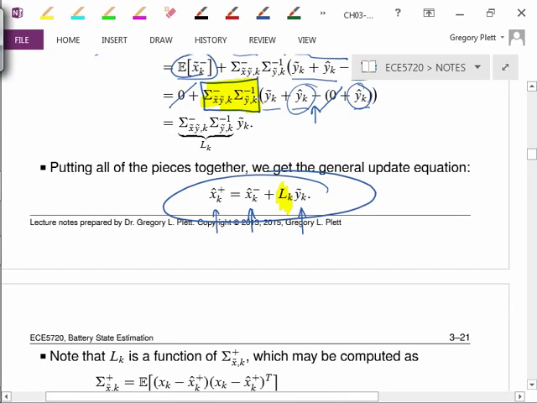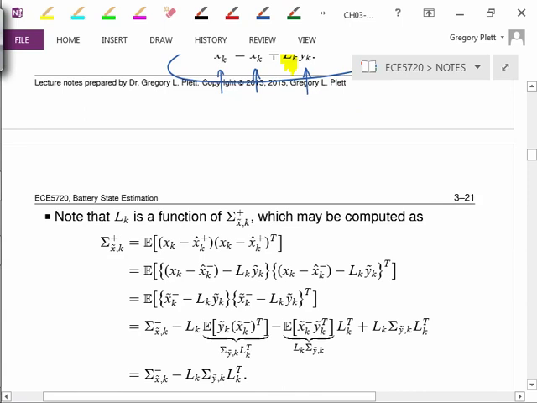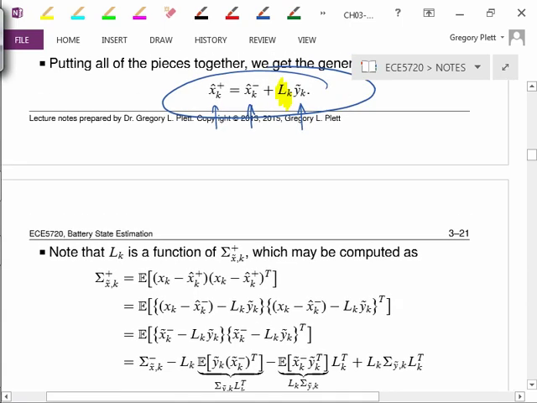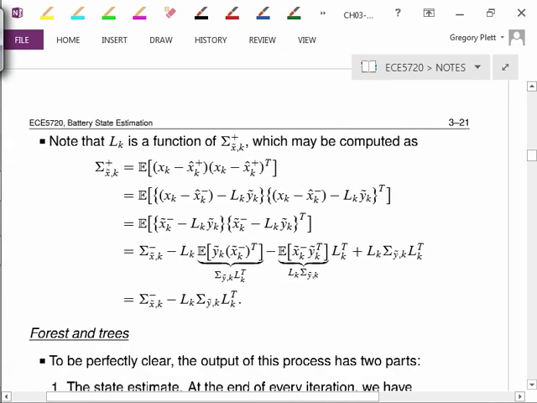We need to compute these error bounds, if you will. L is going to be a function of the autocovariance of the estimate, and the autocovariance of the estimate is this. It's the expected value of